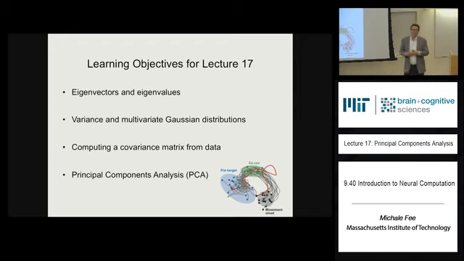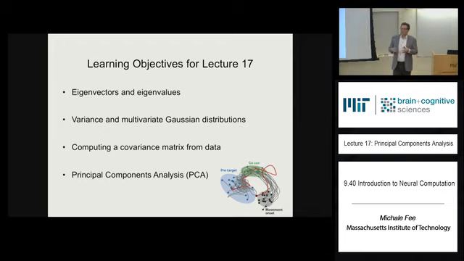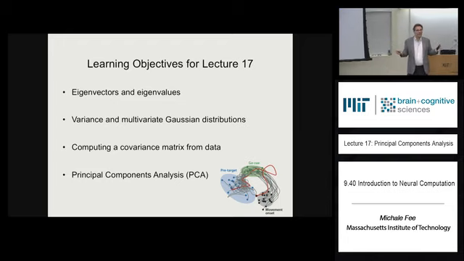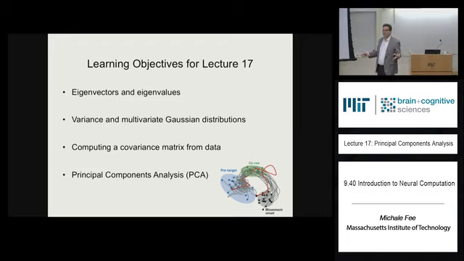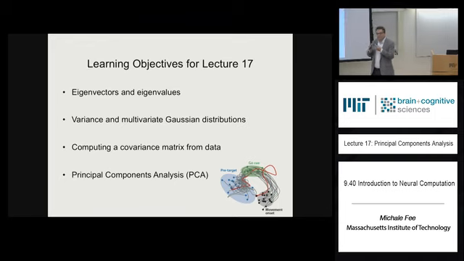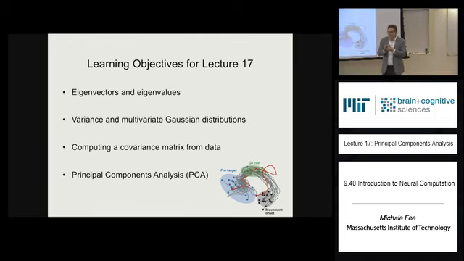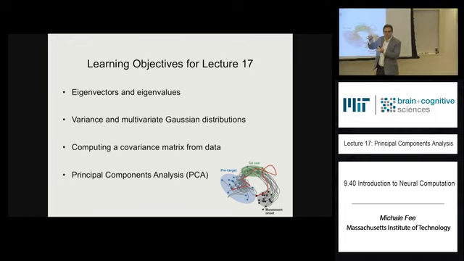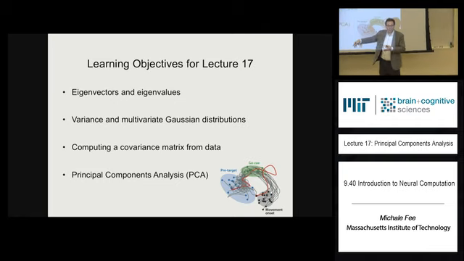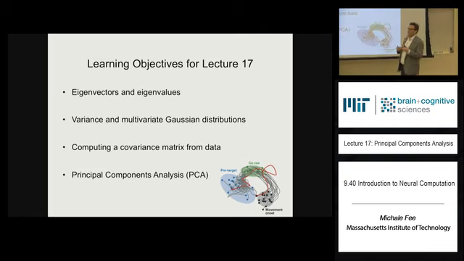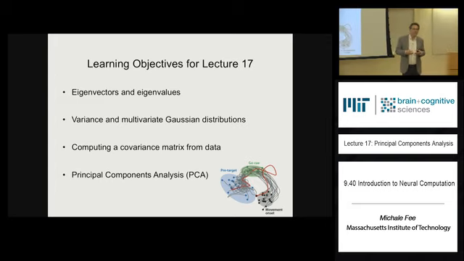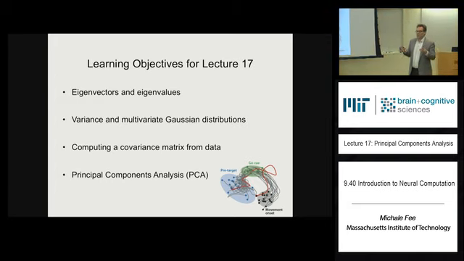Nowadays you can record from hundreds or even thousands or tens of thousands of neurons simultaneously. And if you just look at all that data, it just looks like a complete mess. But somehow, underneath all of that, the circuitry in the brain is going through discrete trajectories in some low-dimensional space within that high-dimensional